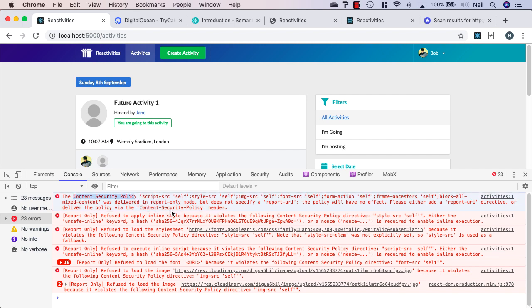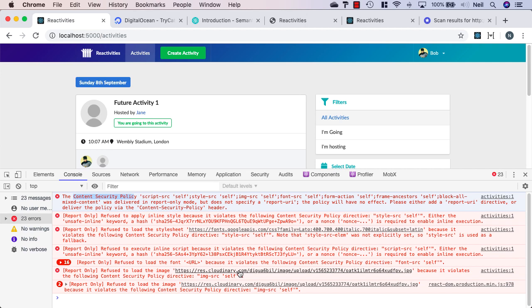And now that we've brought our style sheet into our application, there's also stuff inside that style sheet that goes and imports things like the fonts from Google APIs. And we've also got our images that we need to take care of as well, because these are always going to come from Cloudinary, and we know this is a safe place to get our images from. So we can also specify this particular URL inside our application